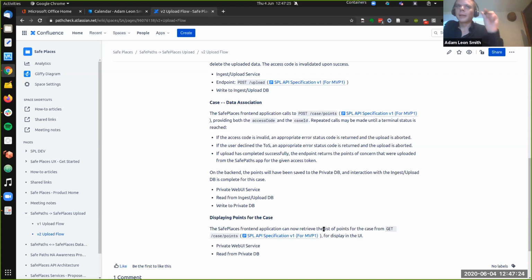So they will create a case, they'll give a code. Once the code's been typed in on the mobile device and the data is exchanged, it will display on the screen. So there is a link between the special code and the user and their data. There is a connection, because there is a case. Yes, but that access code itself is not maintained.